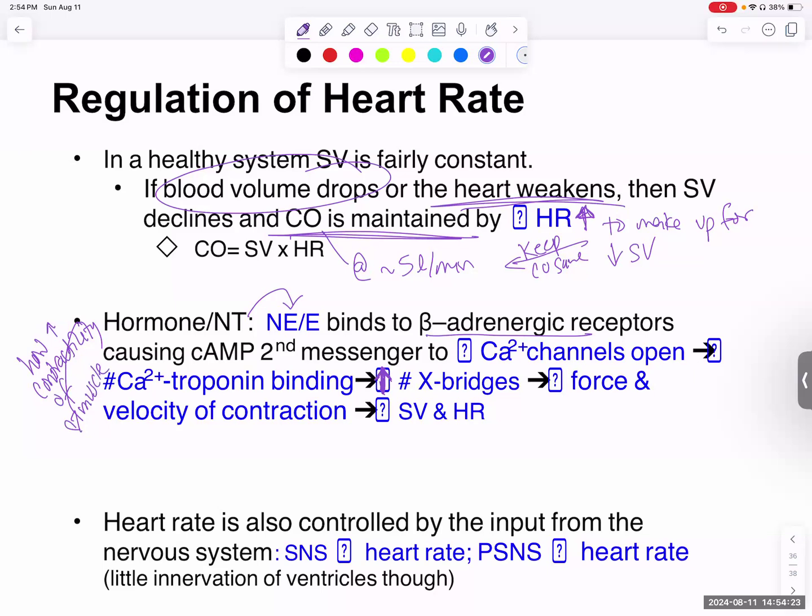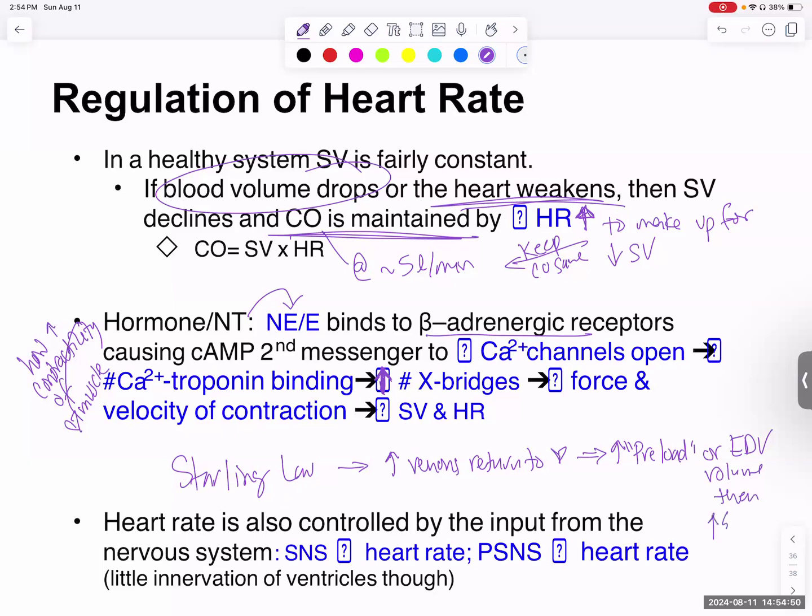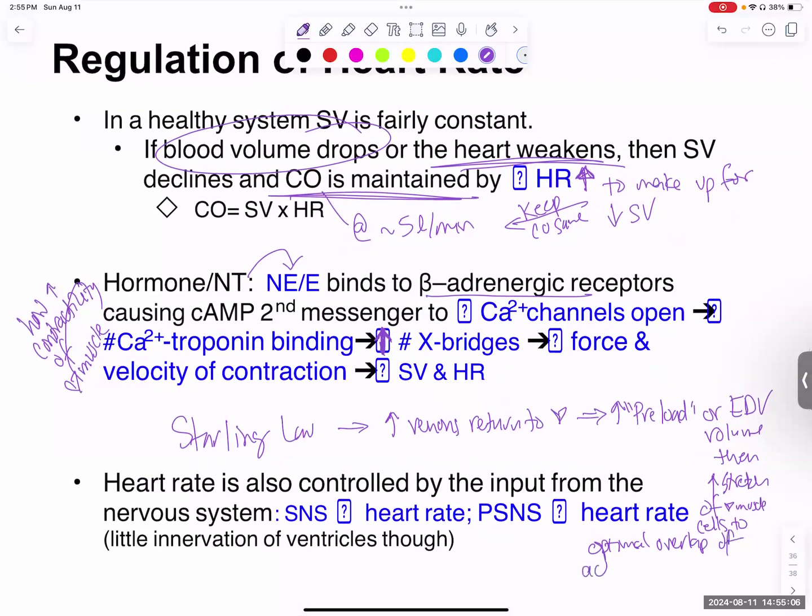So Starling's law is increase in venous return to heart is going to increase what we call preload or end diastolic volume. The volume then increases stretch of heart muscle cells to optimal overlap of actin and myosin. So have max number of cross bridges formed, and that's going to equal